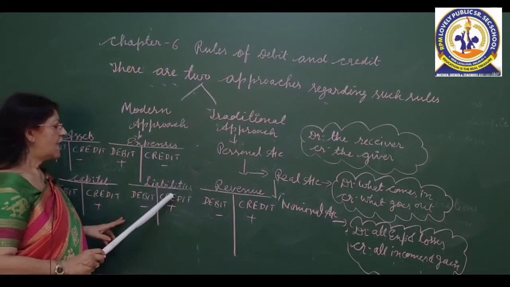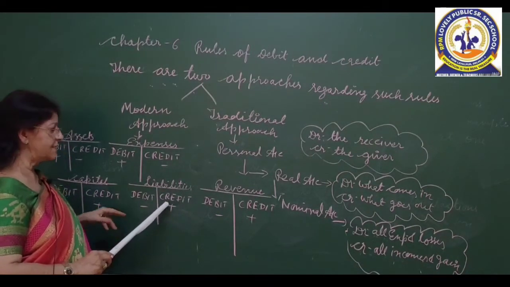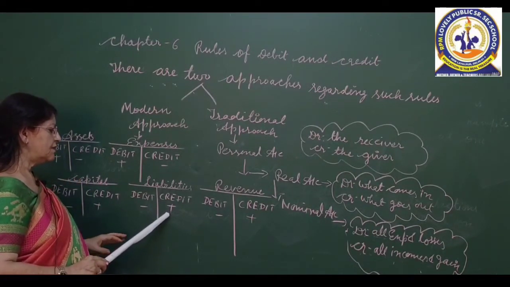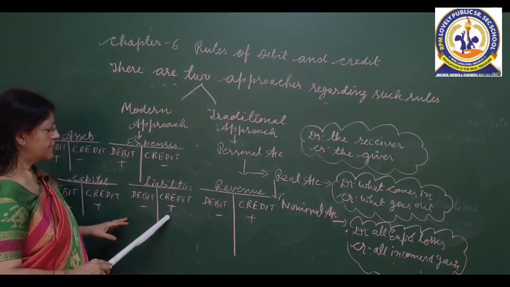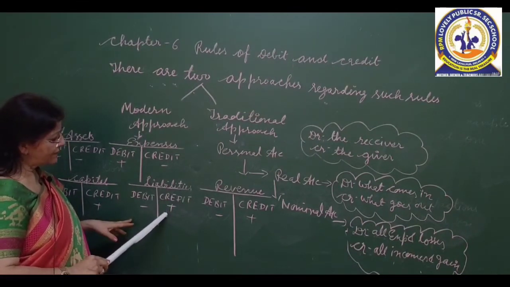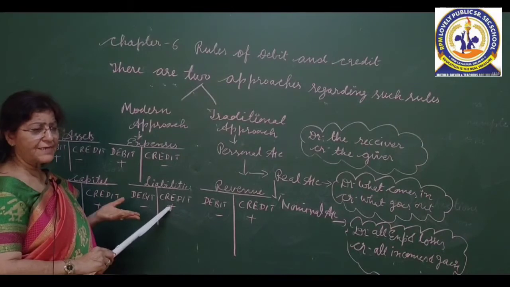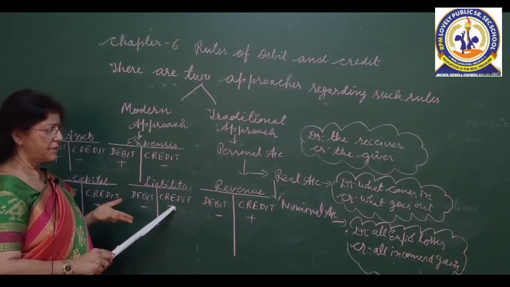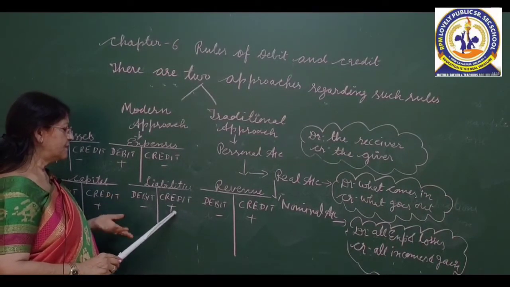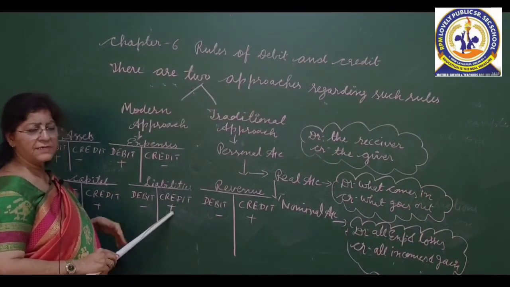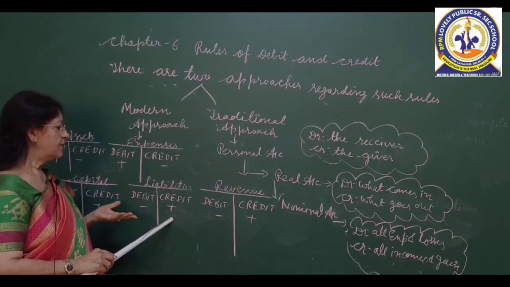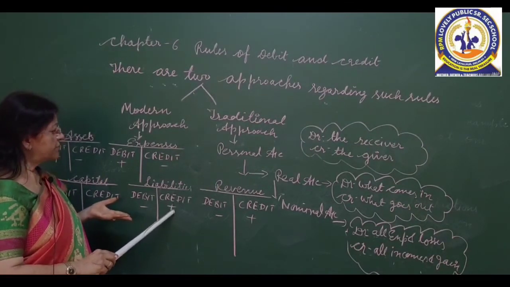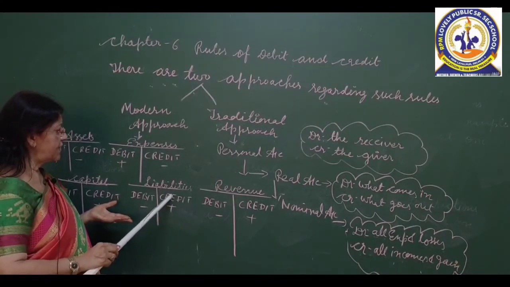Now, liabilities, outstanding expenses or creditors are there. We have purchased goods from Mr. S. Singh, for rupees 20,000. Now, liability has been increased. Creditor means the person who supplies goods on credit. So, liability has been increased. Similarly, outstanding expenses are there. Our liability is increased. We have to pay telephone bill, electricity bill. That will be shown in credit side. Our liability has been increased.